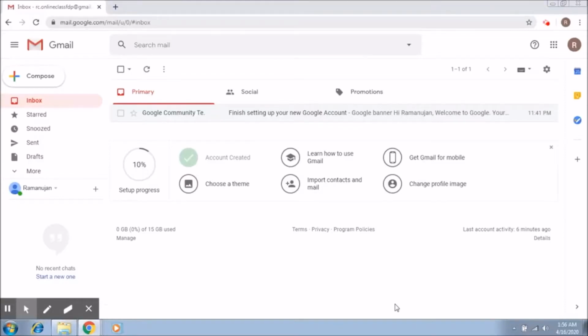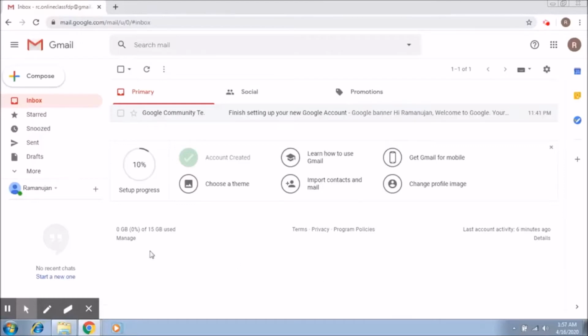Now, this Gmail ID may be your personal Gmail ID or it may be belonging to a domain, which may be your institutional domain. Now you have to be careful. If you are using your institutional domain, then your students must also join using their institutional domain IDs. And if you're using your personal ID, students must also join using personal IDs. Otherwise, there will be issues.